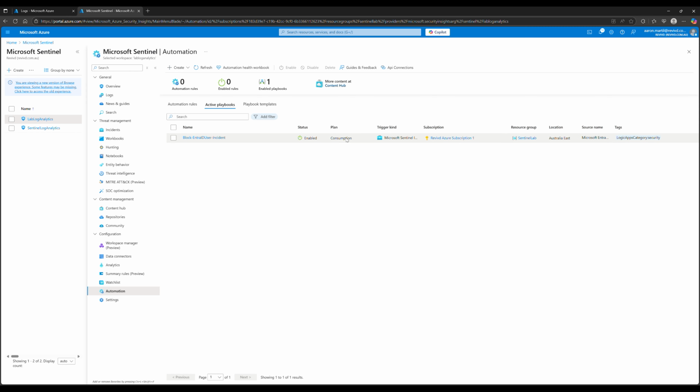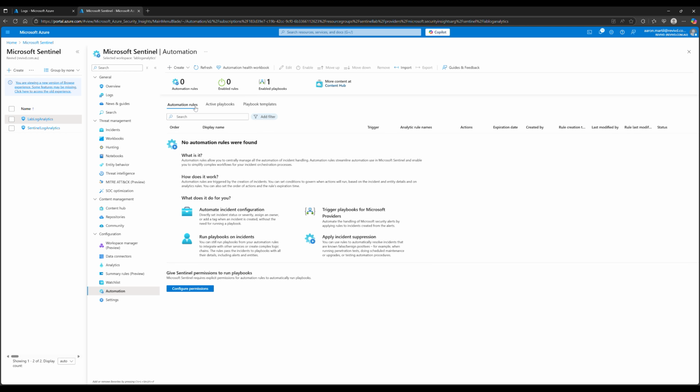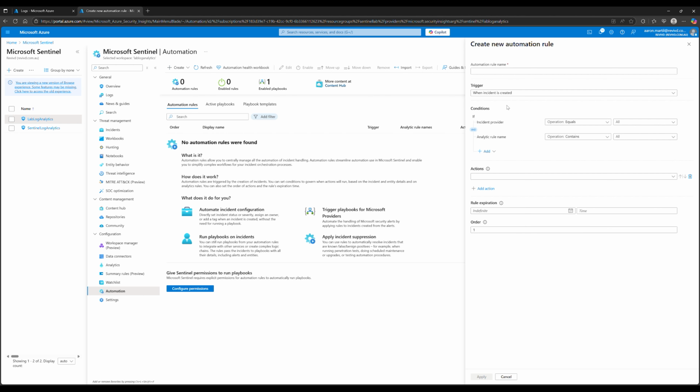and just make sure your playbook is enabled. And once you've confirmed that, you can go back into automation rules, and then from the drop down you'll select create and then automation rule. I'm going to give my automation rule a name that's going to be meaningful to my organization. In your case, you can give it a name that's meaningful to you. So I'm going to name this